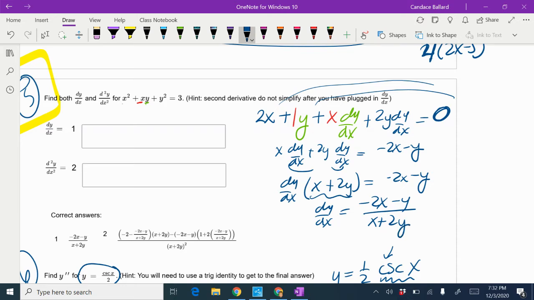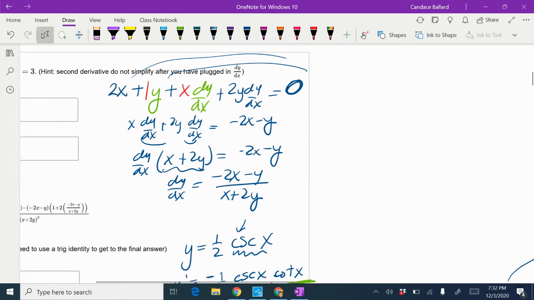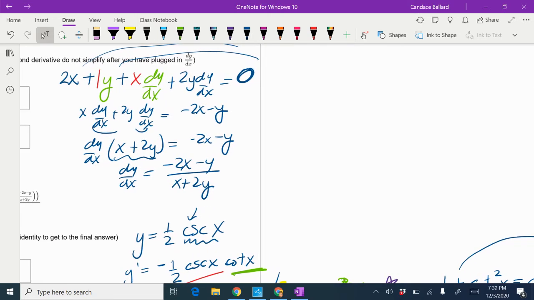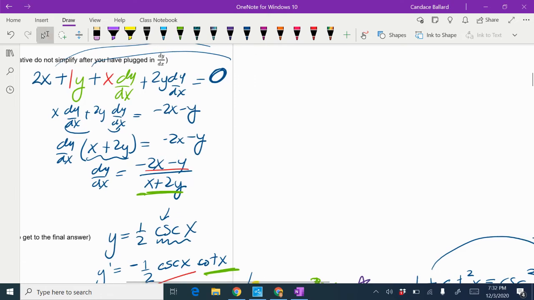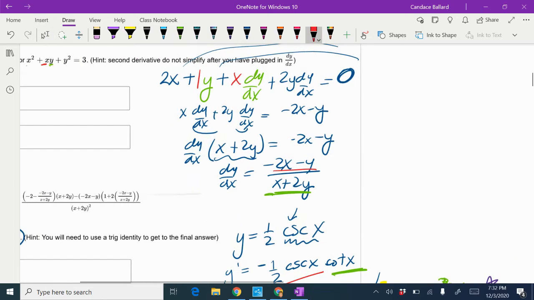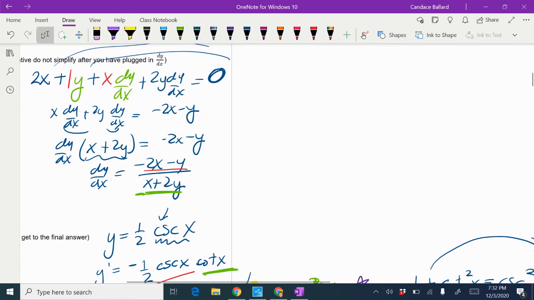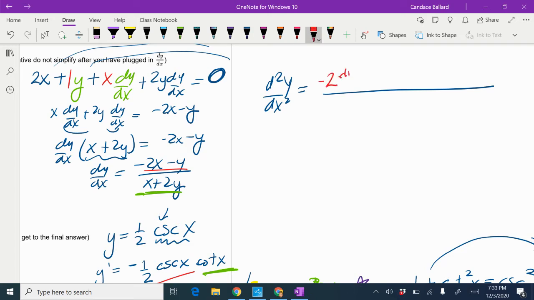The second part is I have to take the second derivative. So now I have a quotient rule going on. So it looks like my red is the numerator, my green is the denominator. So let's try it. Hopefully it comes out in the same order as that did there. d squared y over dx squared equals. So the derivative of my red, which would be negative 2 dx dx, which I'm just going to get rid of the dx dx,